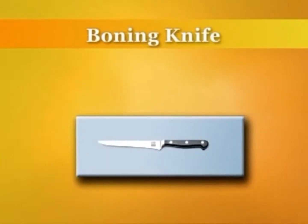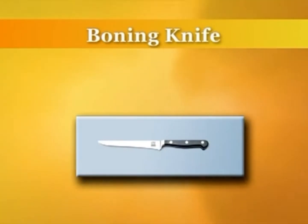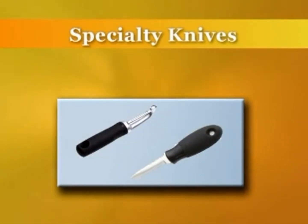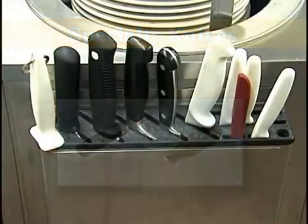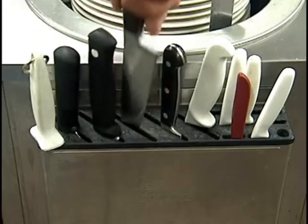This boning knife is very thin, allowing it to get into tight spaces next to bones. There are many specialty knives designed for specific jobs, like this swivel blade peeler, which quickly peels vegetables like carrots and potatoes, or this oyster knife used to open shellfish. Look through the selection of knives in your kitchen and understand which ones are best for the jobs that you